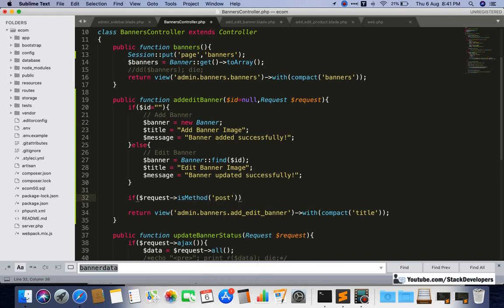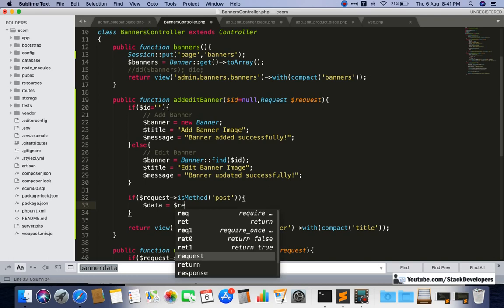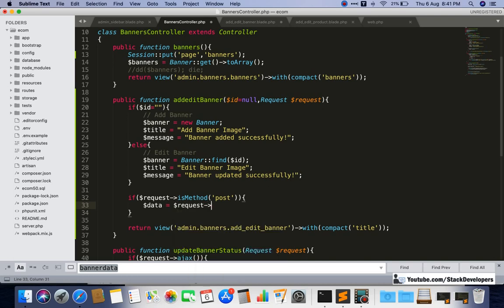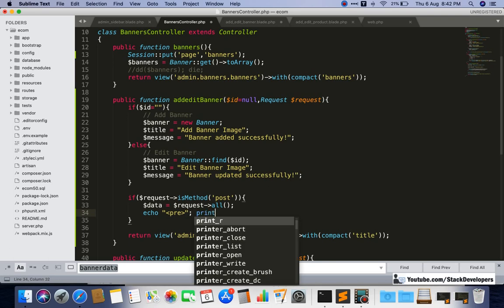Okay, so first of all we are going to echo the data, whatever data is coming, we are going to echo that data, $request, and we are going to print whatever data is coming up here, we need to check once that data is coming accurately.